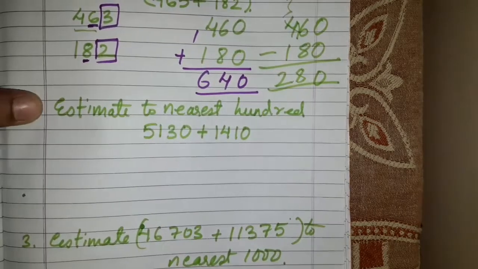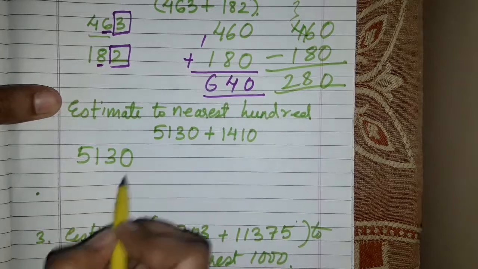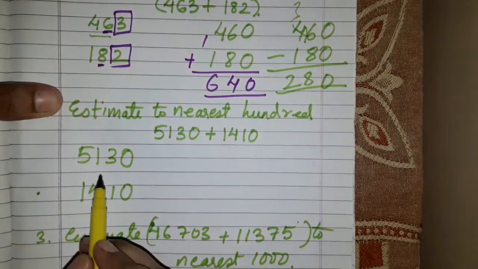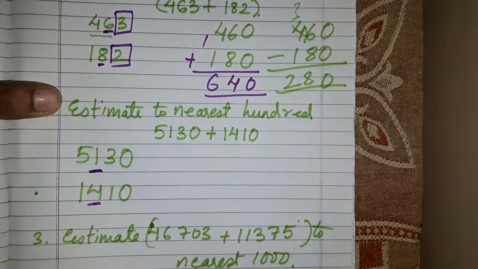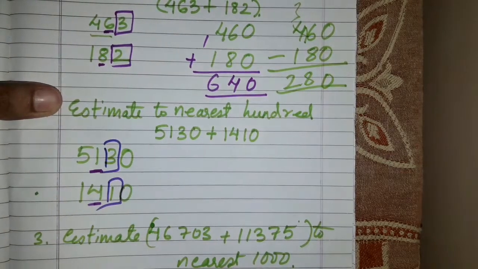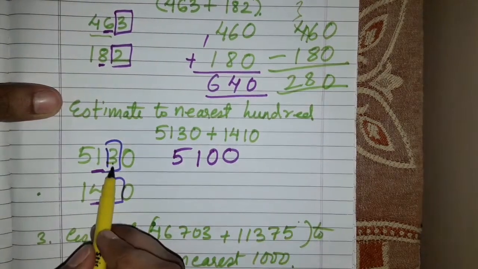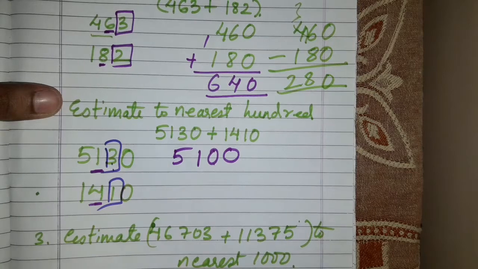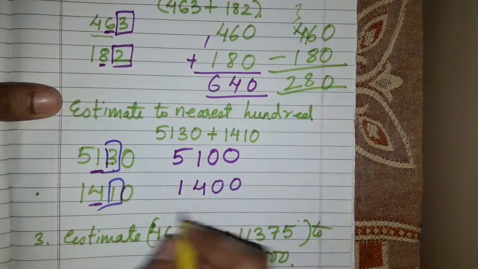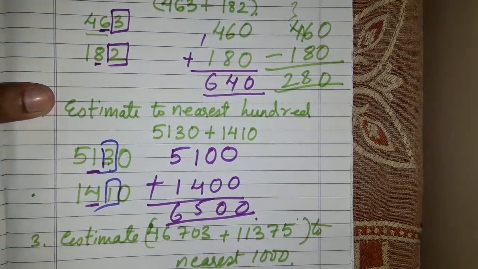Now let's take another example. Estimate to the nearest 100. Again, take the numbers individually and round them off. Nearest 100 means what? This and this. So we will look at the digits on the right hand side, 3 and 1. They are less than 5, so what will happen? They will become 0 0. It will become 0 and the digit on the further right will also become 0. Take out the addition, 0 0 5 6. This is the answer. Is it clear?